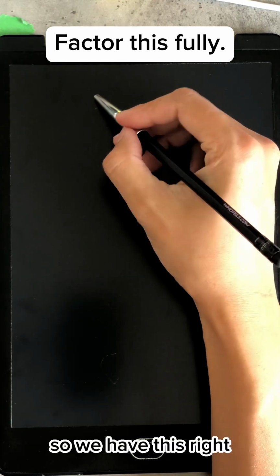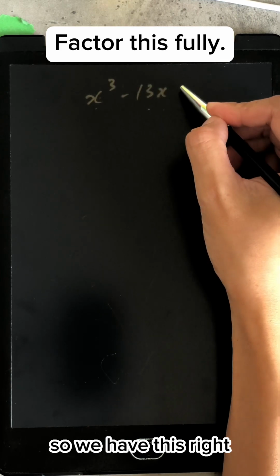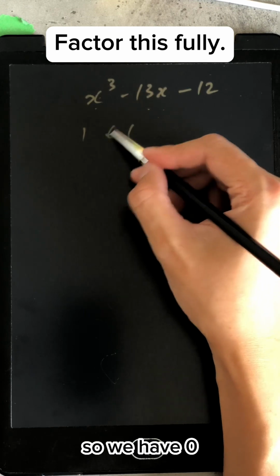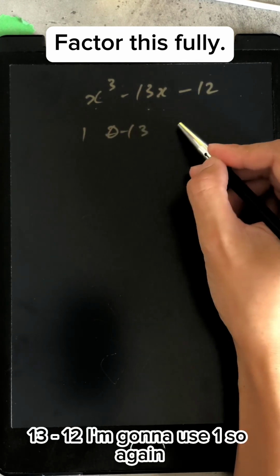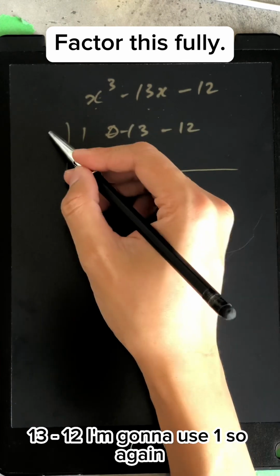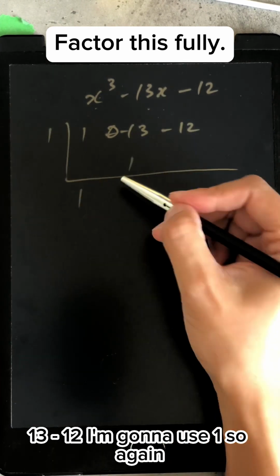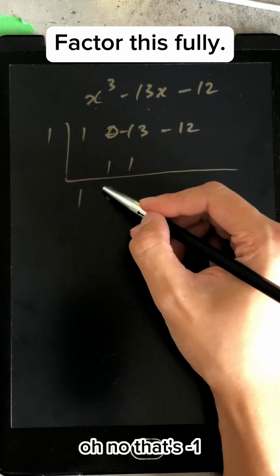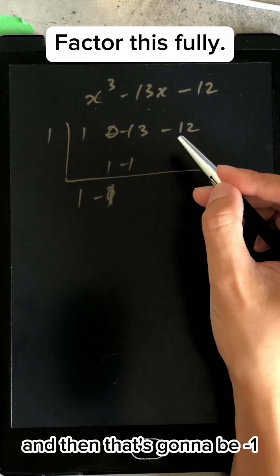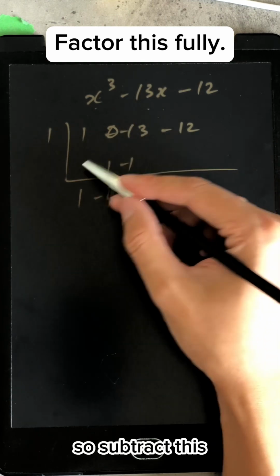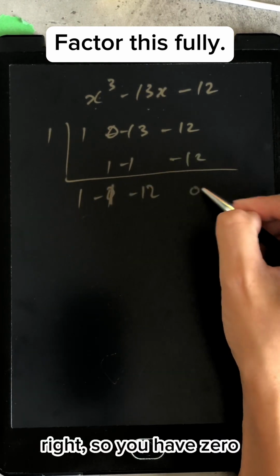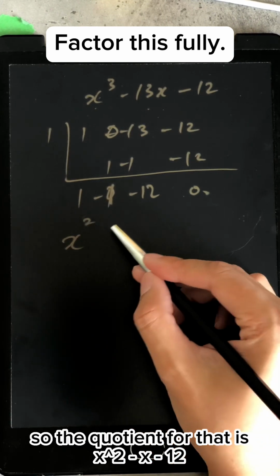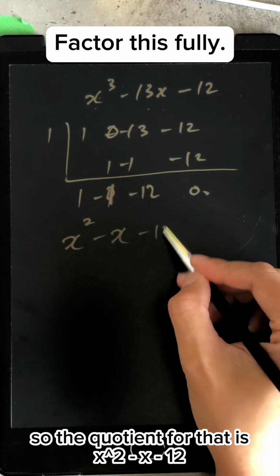So we have this, right? And we're going to use synthetic division once more. So we have 0, 13, negative 12. And we're going to use negative 1. So again, that's 0. That's negative 1, and then that's going to be negative 1. So subtract is negative 12, right? So you have 0. So the quotient of that is x squared minus x minus 12, and we can factor